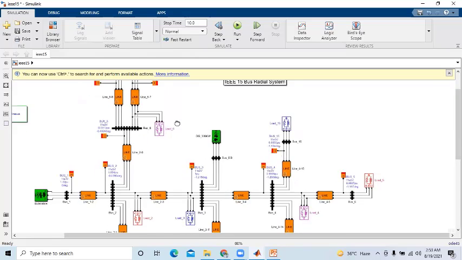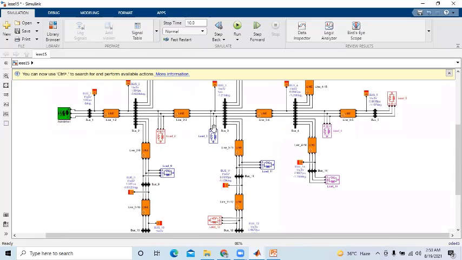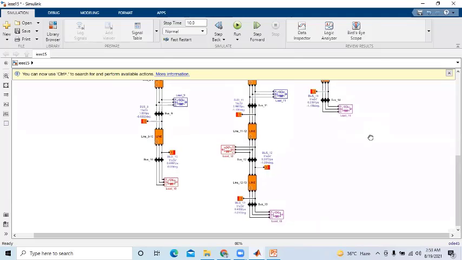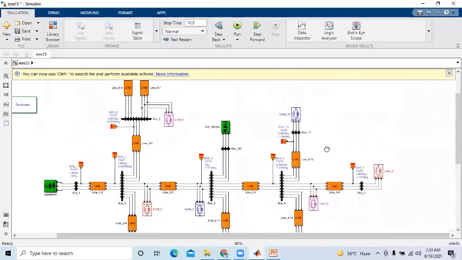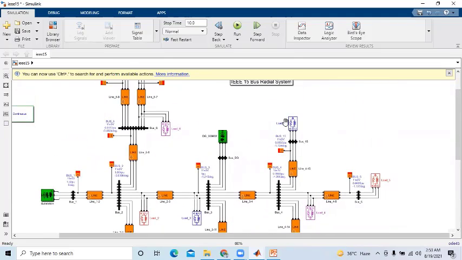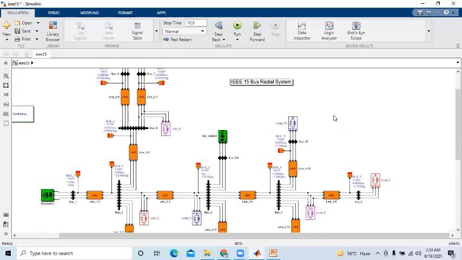Then bus number 6. Then you have bus number 5, 4, 3, 2 and 1 like this. So here we have a total of 15 buses in this system. And here is bus number 15. So this is the connection for the various buses at different locations, creating the complete IEEE 15 bus radial